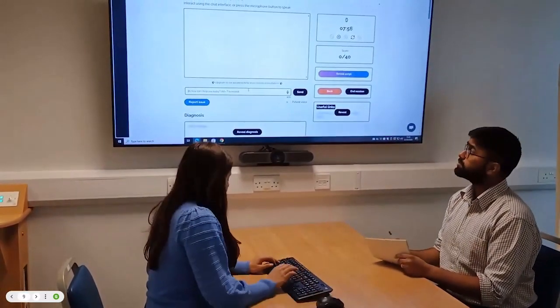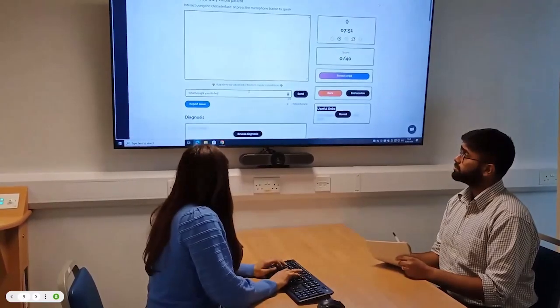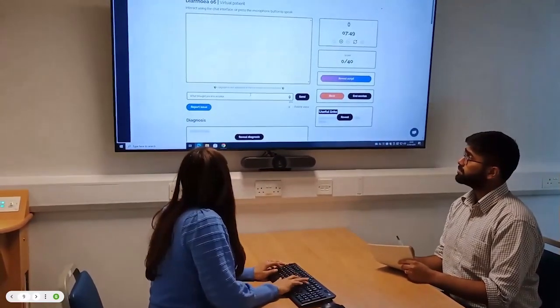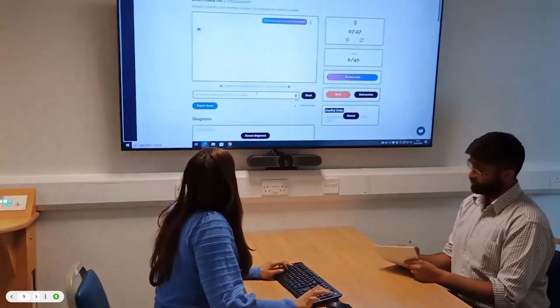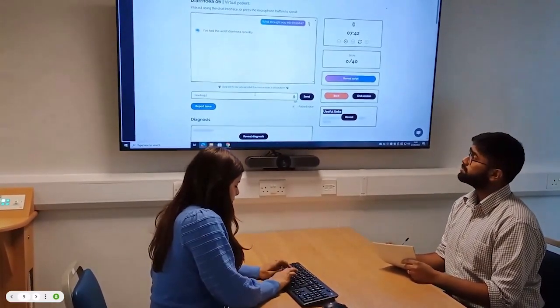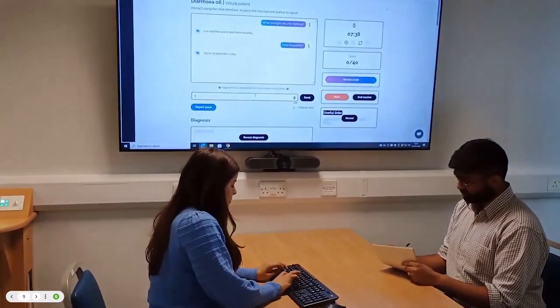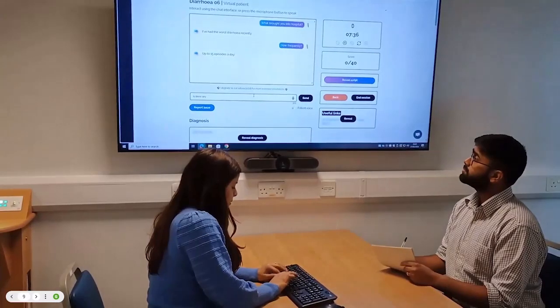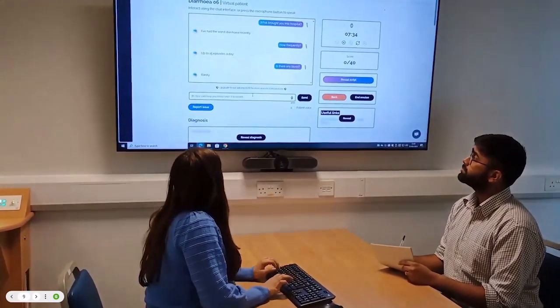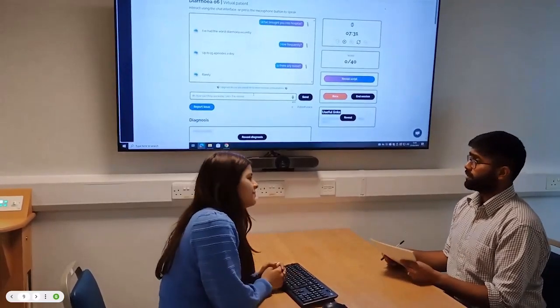So once they've entered, students have 8 minutes to ask questions of the chatbot, trying to get to a diagnosis. While students were asking questions of the AI chatbot, the examiner's role was to facilitate the use of the chatbot and to mark the history-taking skills using a checklist. After 8 minutes has passed, the examiner asked a few brief questions for 2 minutes regarding differentials, investigations, and management.